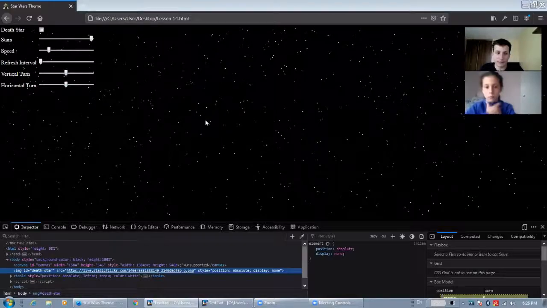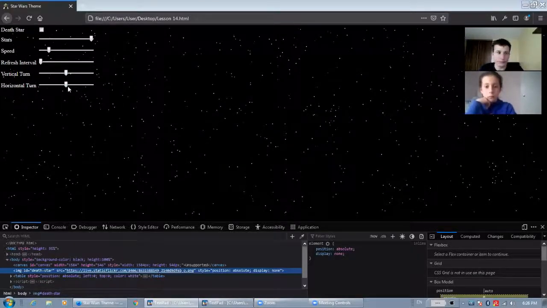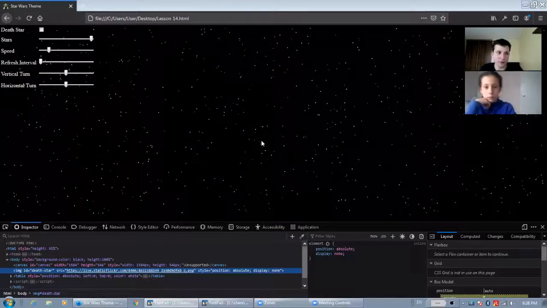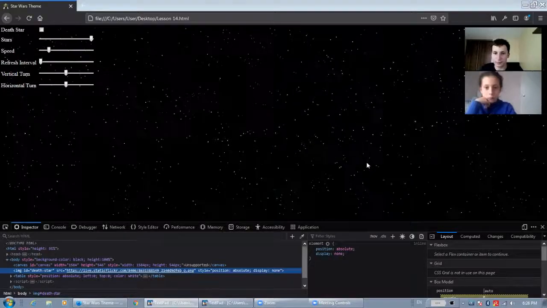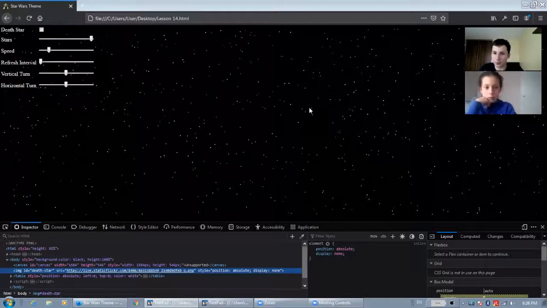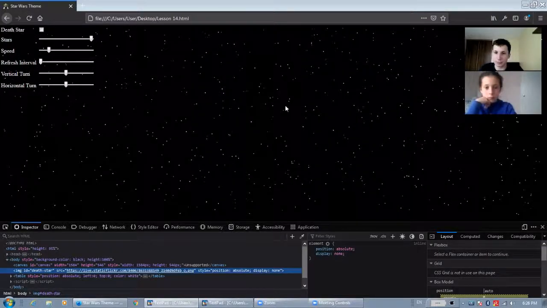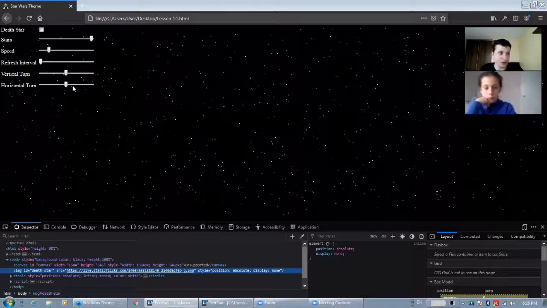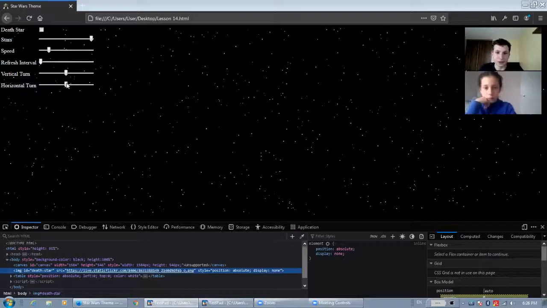Now, everything looks working so far, but we currently have a logic that makes new stars randomly appear on the screen, or appear in a random point on the screen. This worked well before when the stars went off the screen equally in all directions, but now when we turn,